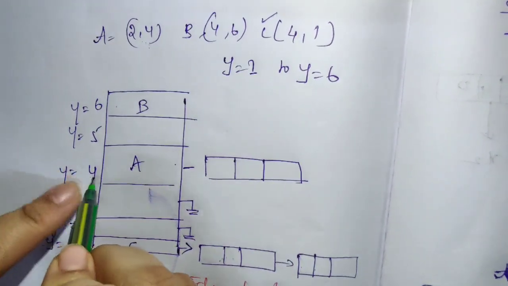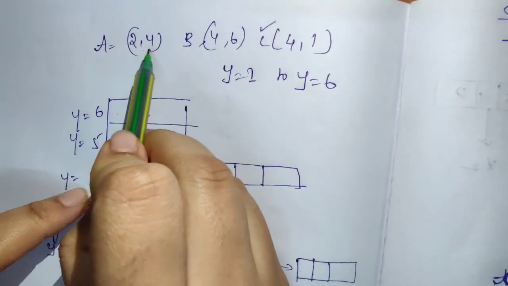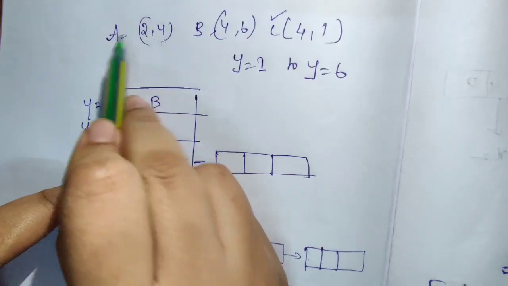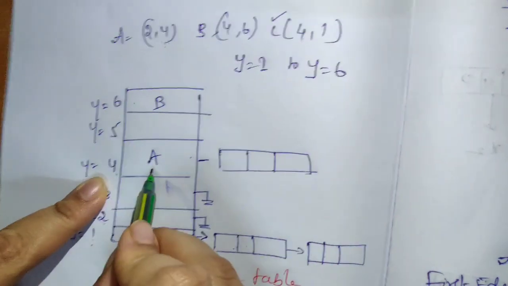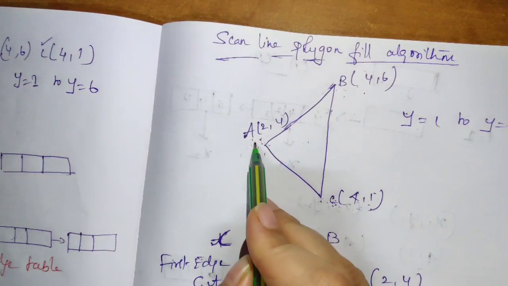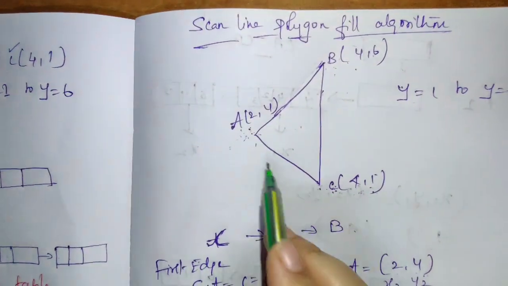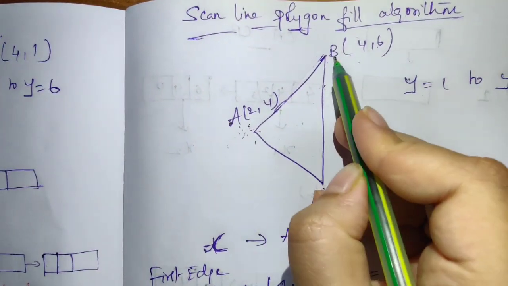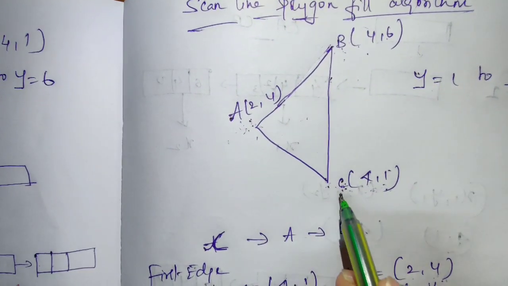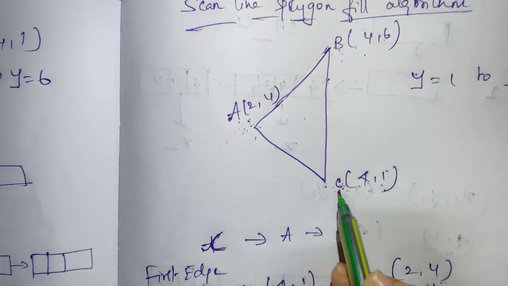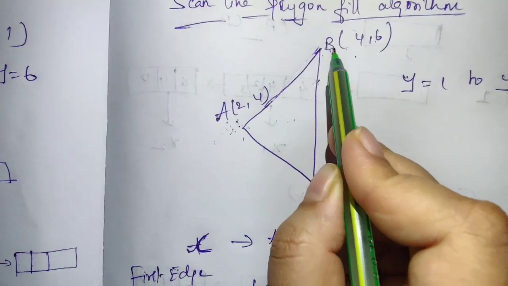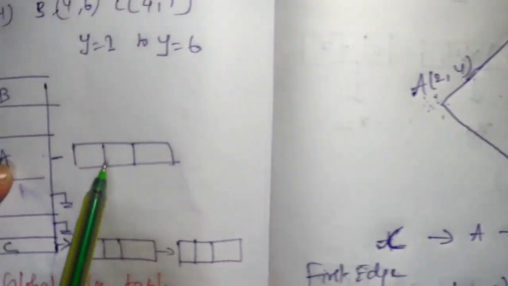In the same way, for y is equal to 4, is there any value whose y value is equal to 4? Yes. For edge A, the y value is 4. So that's why I am mentioning it as A. Okay. So in the question, A is connected to C as well as B. For the edge C, I have already mentioned. So there is no need to consider the edge C once again. So I will mention the last edge, that is B. Okay. So that's why it consists of only one node.